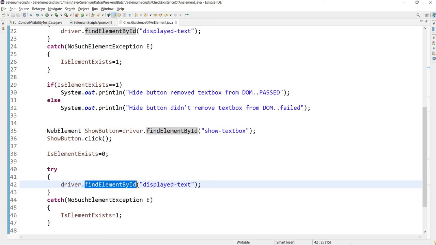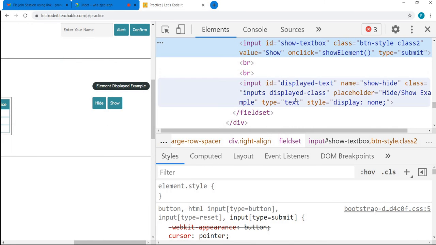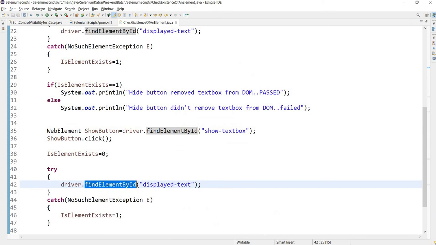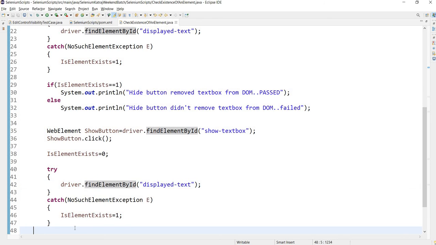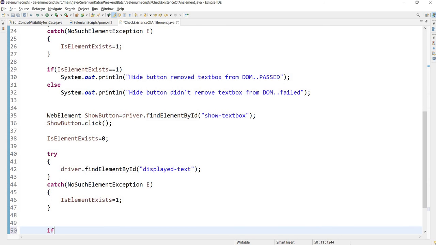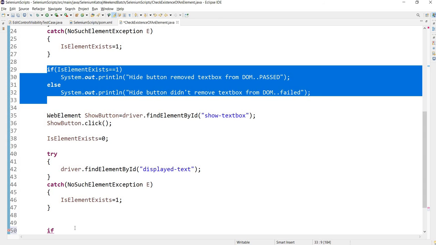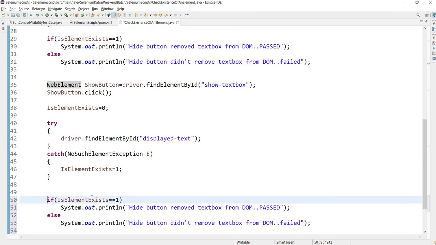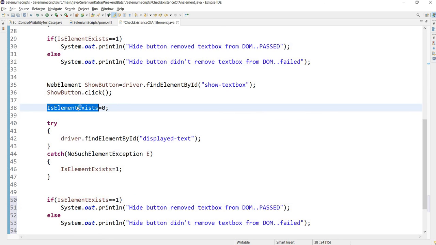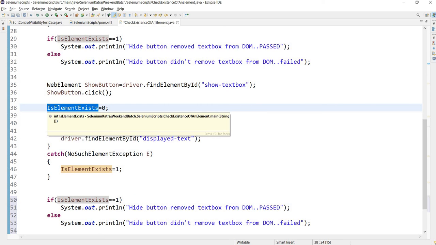So again, if the show button didn't work successfully, our element will not be added back to the DOM, and this particular findElement will again return us an exception, which we will catch here. Now here we will say, if our isElementExists variable, we are expecting it to be with its initial value only.